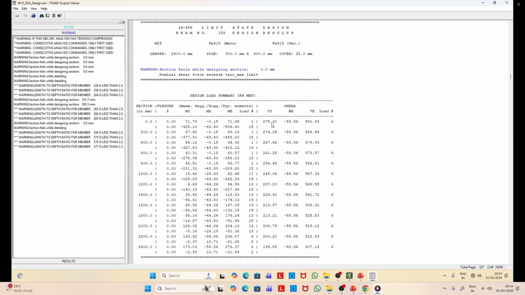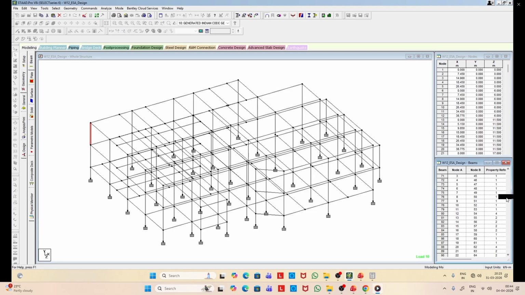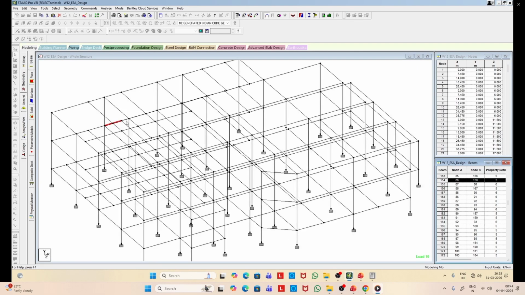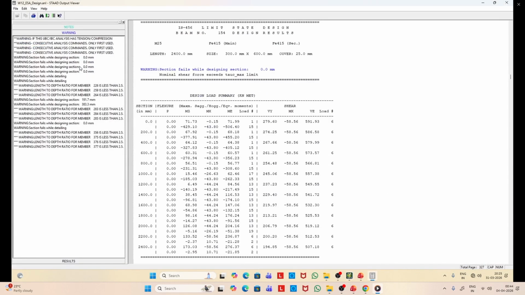And for this beam you can see all these details; the complete element is provided. So now let us identify beam number 154. Here it is. So you can see this small beam, it has failed. So we have to change the sectional parameters. That we'll do in a minute.